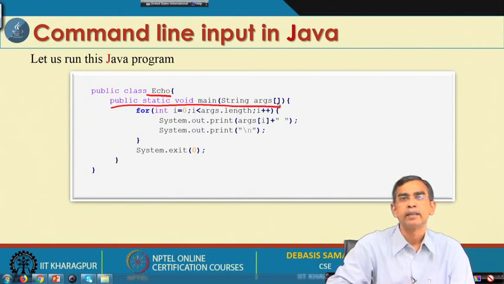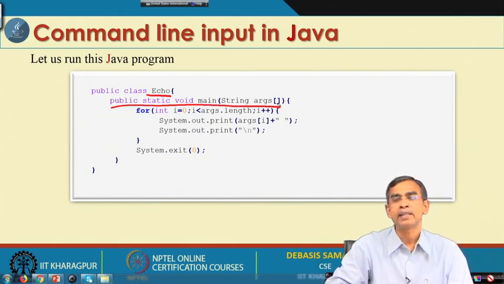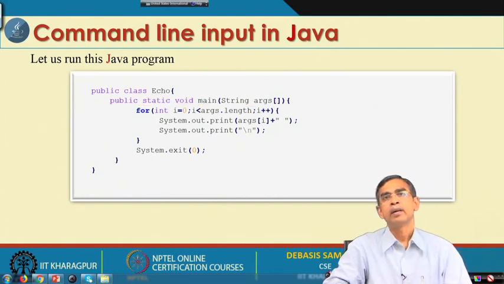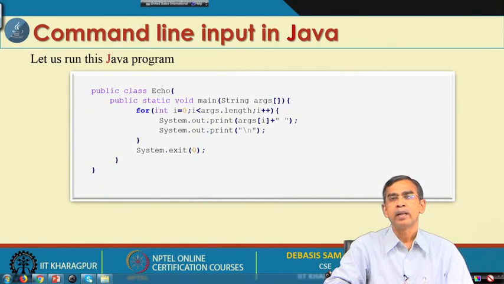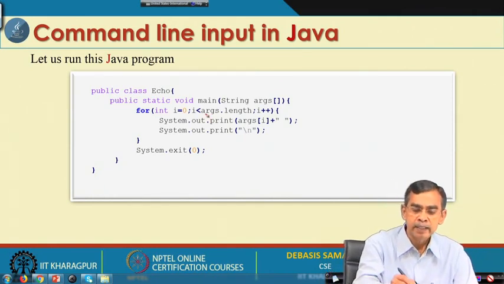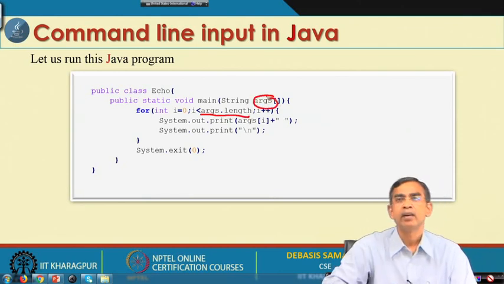Here you will be able to understand the usage of String args as its argument. Probably you can recall, if you declare an array, the name of the array dot length returns the size of the array. So, here in this example args.length means this is the string array, and what is its length.